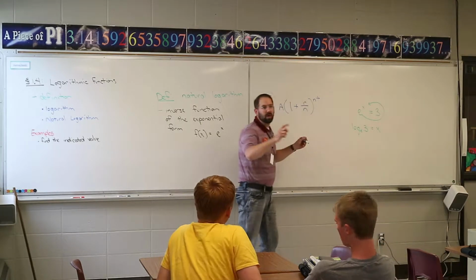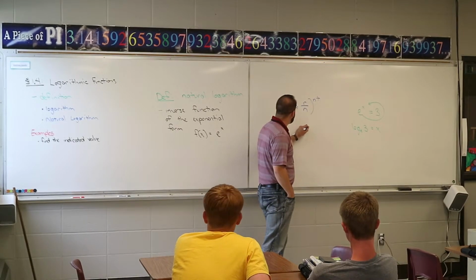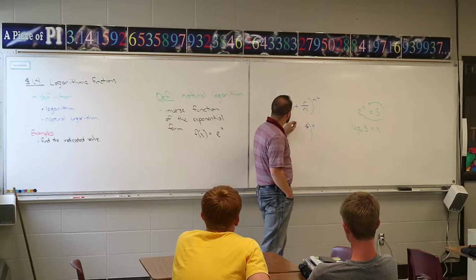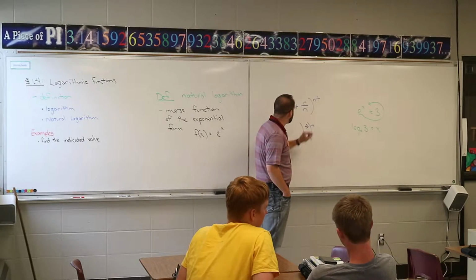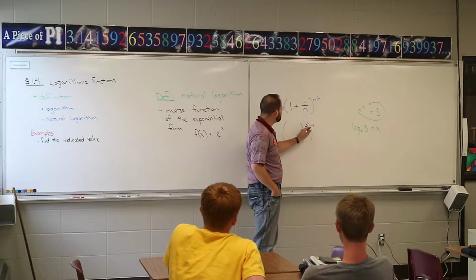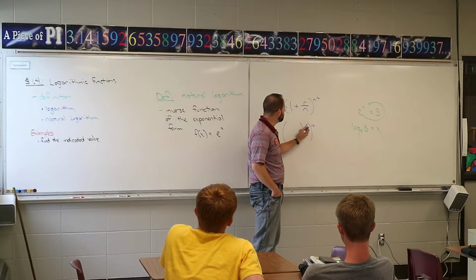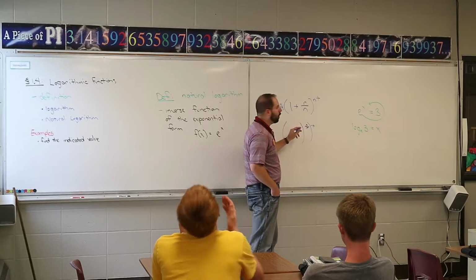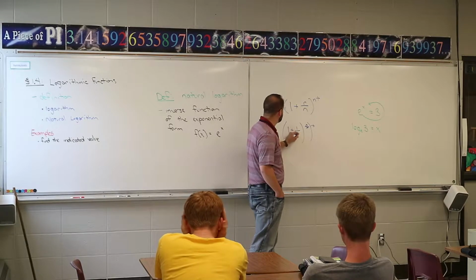Alright, so what they do here is they'll change this to be this. They'll make this n over r in the power. So they're gonna make that n to the r, and they'll have to put an r on the outside as well. Why? Because if you were to multiply these powers together, would you agree that the r's would cancel? If I were to multiply n over r times rt, the r's would cancel diagonally, and so it would be nt. Now, why they're doing that is because inside, they're gonna change this to be this,